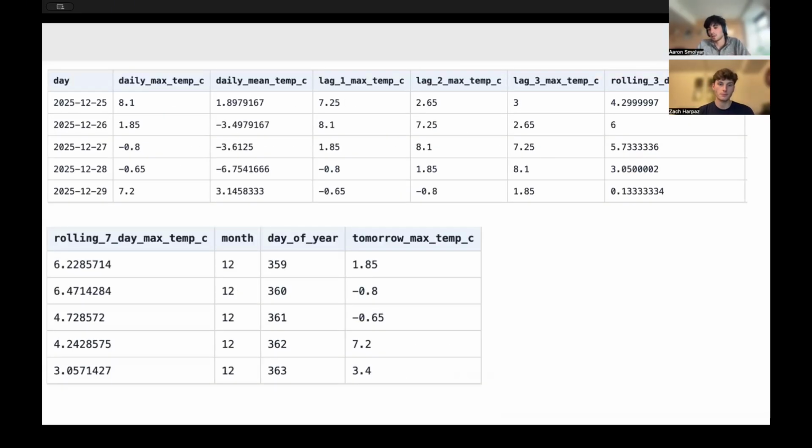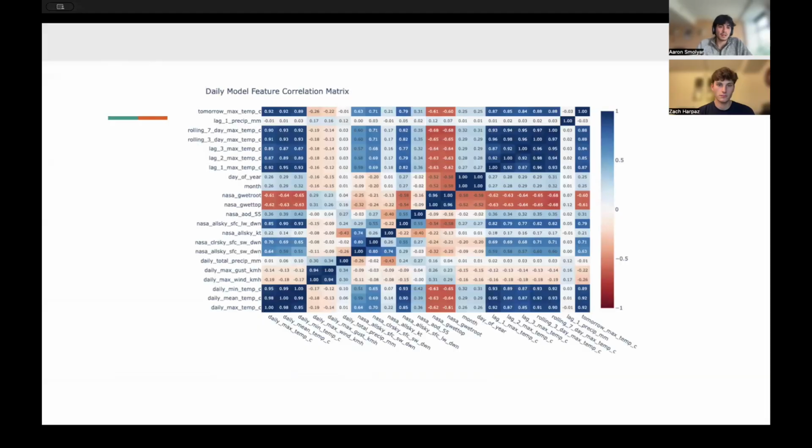Here's just to give you a sense for what this data set looks like. You can see a few rows and the values associated. And to get a sense for the correlation of our features, you can see that a lot of the temperature features are very correlated. We have a lot of multicollinearity, but some features are less correlated, like wind and temperature. There are also some negative correlations related to humidity versus temperature.